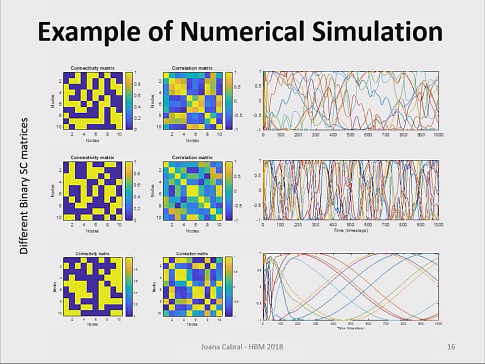And we see that the first is the structural connectivity. It's just a binary connectivity matrix, and at each run it generates a different structural connectivity. Everything else is all the same. So just because the structural connectivity is different, we see that the correlation patterns between the areas are different. And the time series also differ. They don't just have different functional connectivity, but they also seem to be operating at different spectral scales,